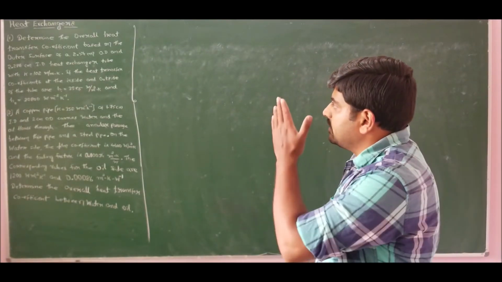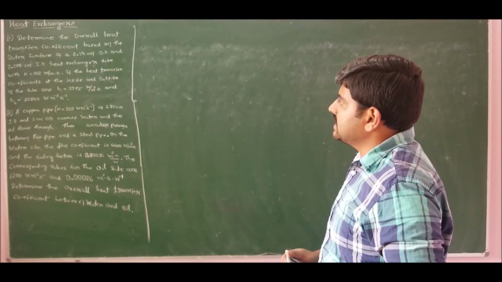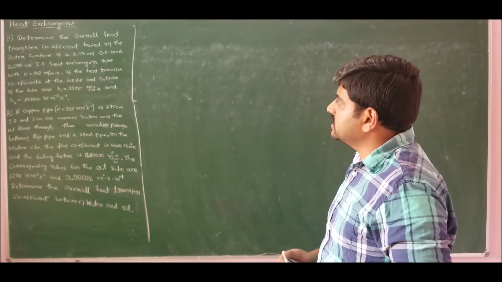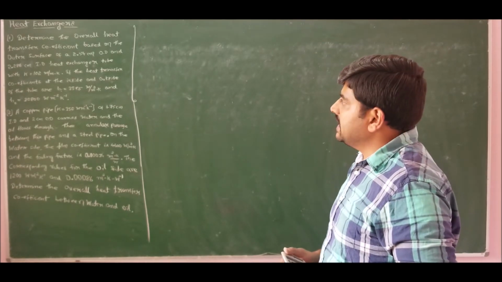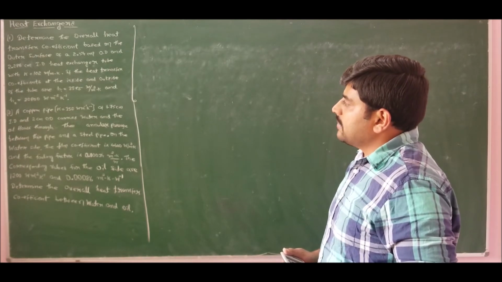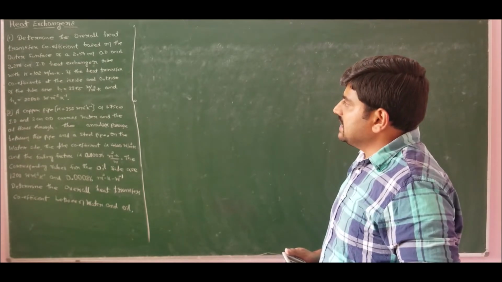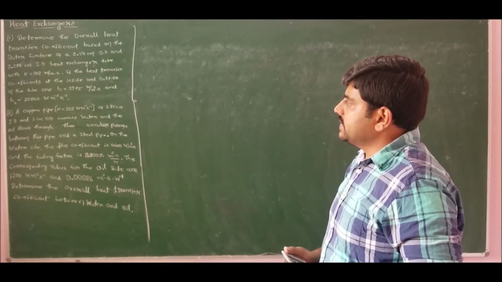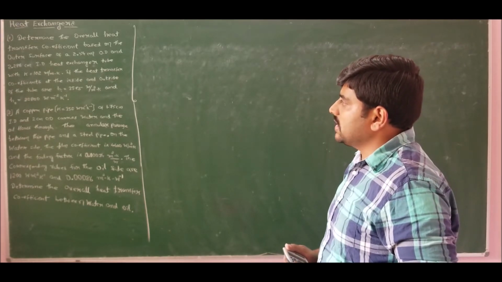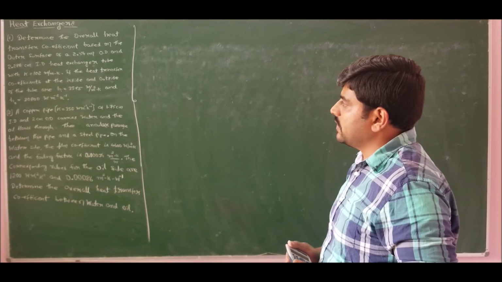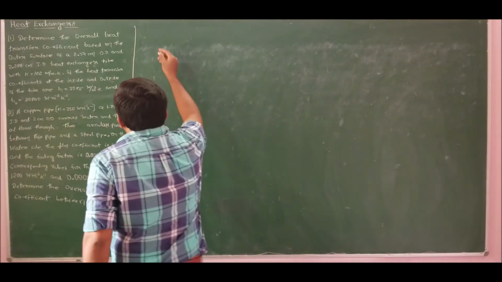Next, moving ahead, the problem number 1 states that determine the overall heat transfer coefficient based on the outside surface of a 2.54 centimeter outside diameter and 2.286 centimeter inside diameter heat exchanger tube with thermal conductivity 102 watt per meter Kelvin. If the heat transfer coefficients at the inside and outside of the tube are Hi is equal to 3575 watt per meter square Kelvin and H0 is equal to 30,800 watt per meter square per Kelvin. If I list out the data given for problem number 1,